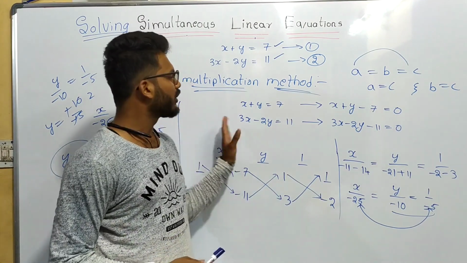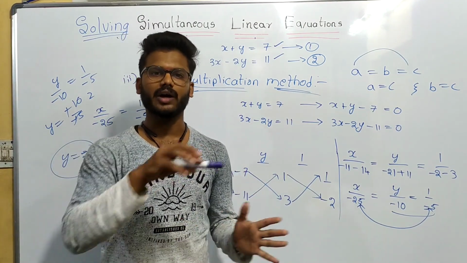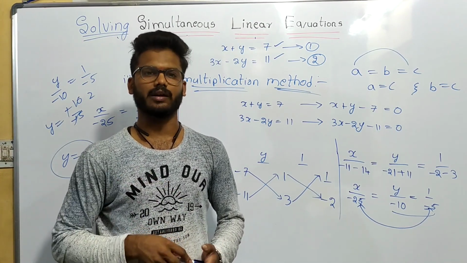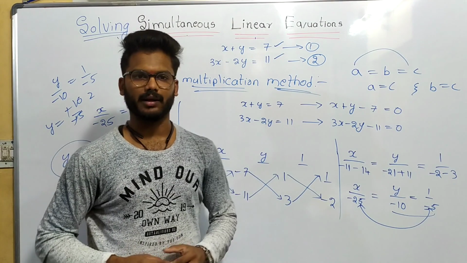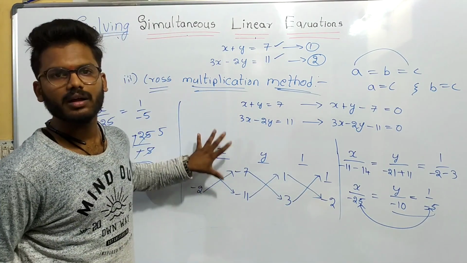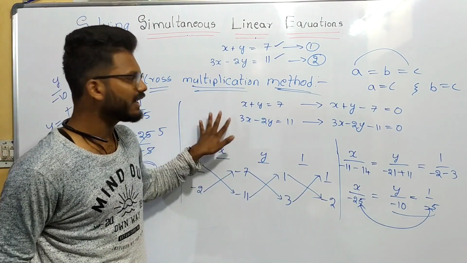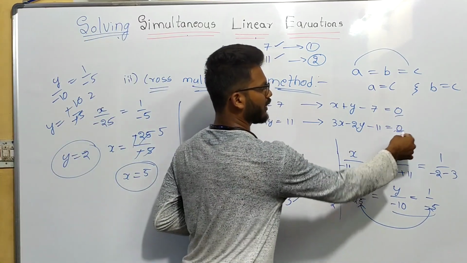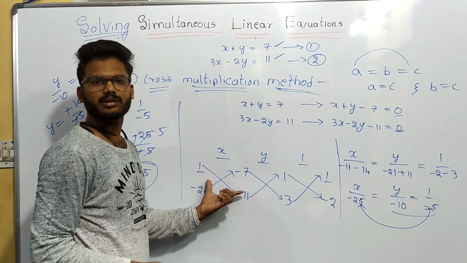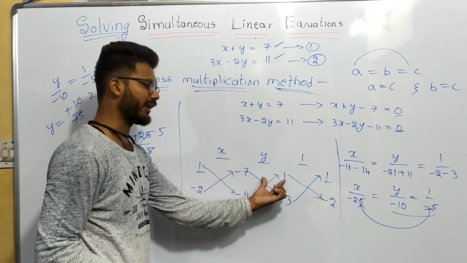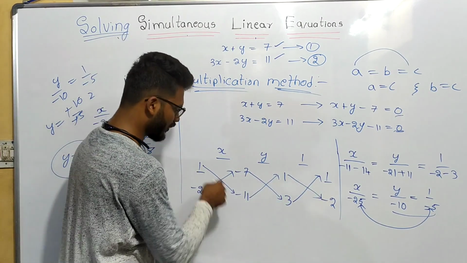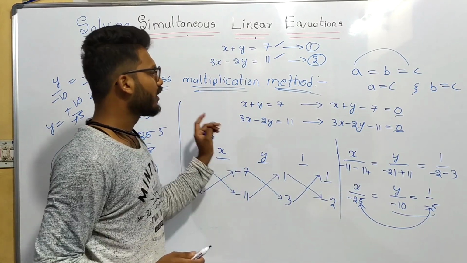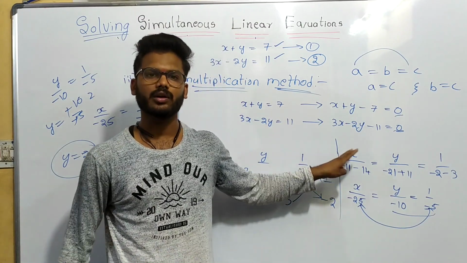See, you can do it whichever way you want. If they ask to solve in a particular way, you have to solve it that way. But based on the equations, you can take any method. But this method, we have to see clearly. First, you have to make 0 here. And then you have to write like this: y coefficient, constant, x coefficient and y coefficient. And then after multiplying, you have to keep a minus and then write. This method, if you keep it in mind, is more useful in your higher classes.